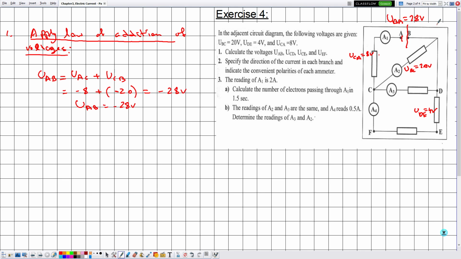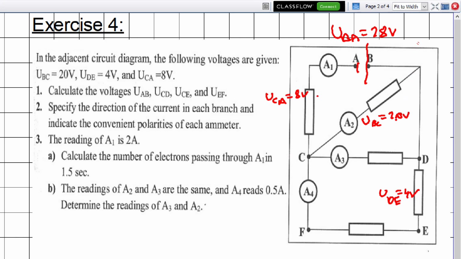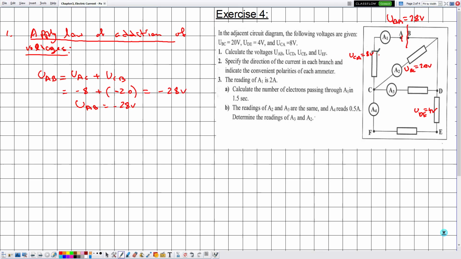And now this is reasonable. Why? Because if you go from B to C we have 20, and from C to A we have 8. So this is 28. So we are done with UAB. Now we need to calculate the voltage UCD, so apply